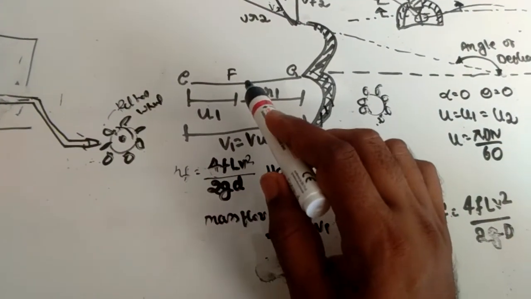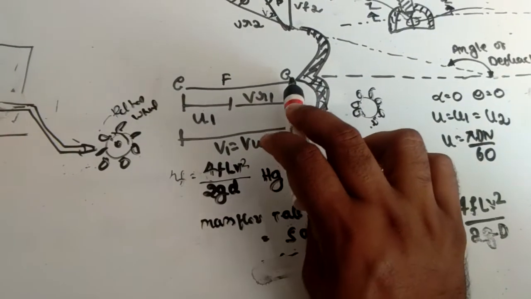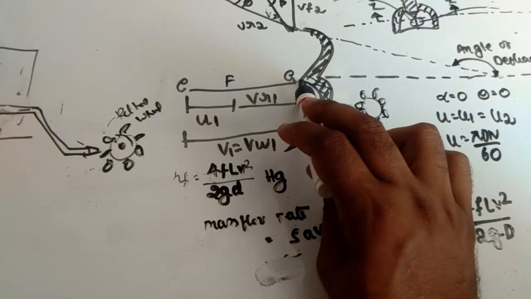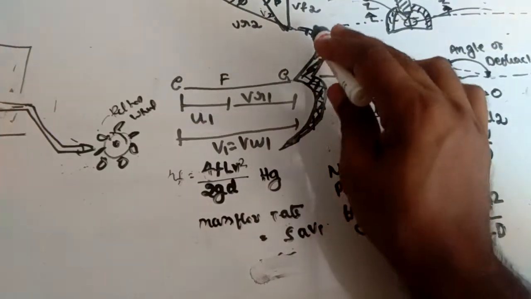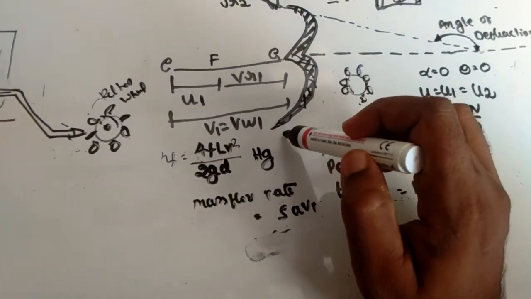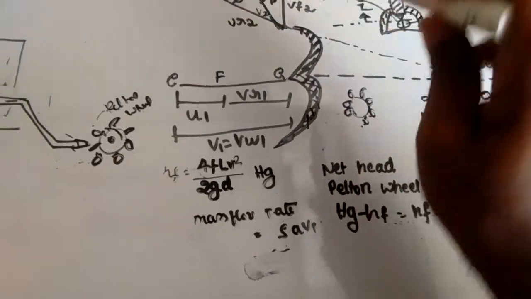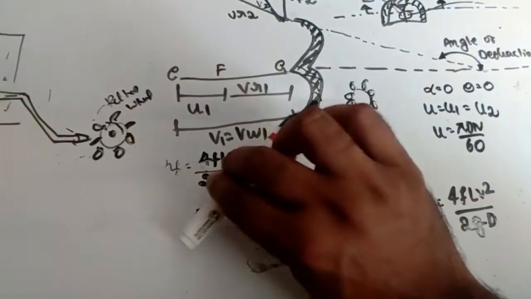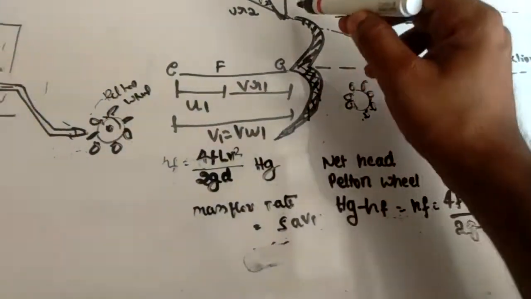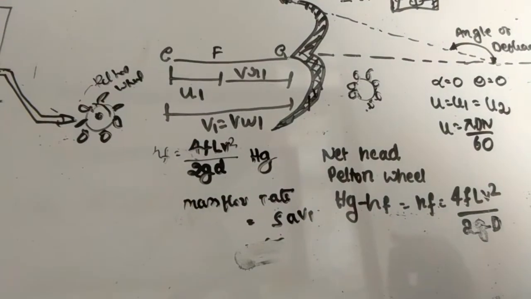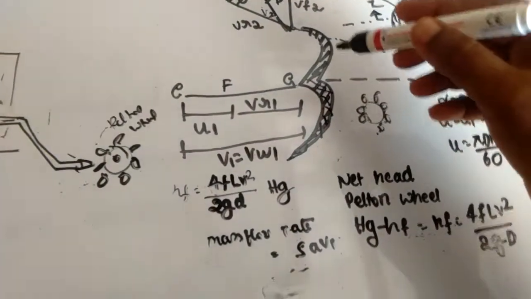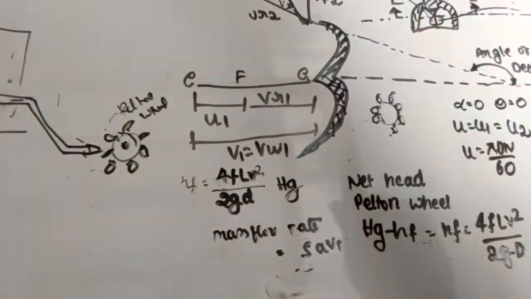Next, if I go into detail, the jet strikes initially here, centrally. Then this is a splitter, dividing the water into two parts. One part is going that way, another is going that way. So at the inlet there are no velocity triangles. Why? Because the jet strikes centrally, the water does not strike tangentially. So for that reason there are no inlet velocity triangles, only outlet velocity triangles. That is the difference. The jet strikes the center of the plate, so there are no inlet triangles, only outlet triangles.